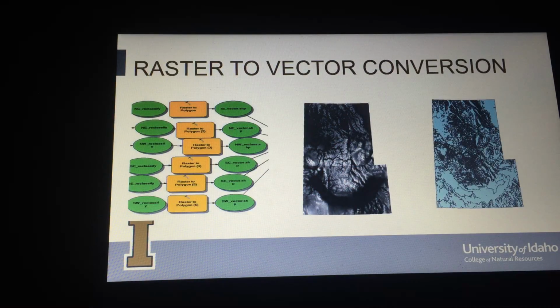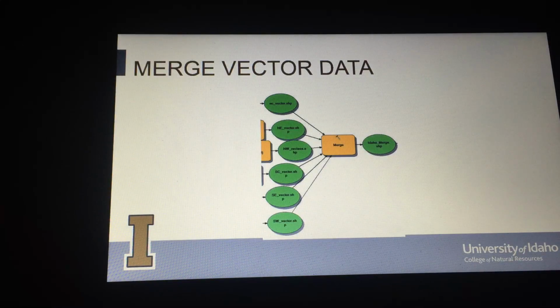I then converted this to vector data using the raster to polygon tool. I did this because the format of the snow cover data made it impossible to do a solely raster-based analysis because of the no data values. I could not use that raster in the raster calculator for analysis because of these values, and the vector data made it much easier. So I merged the 6 separate vector